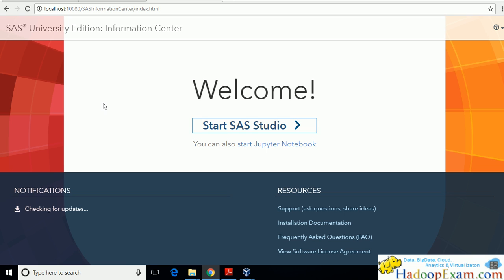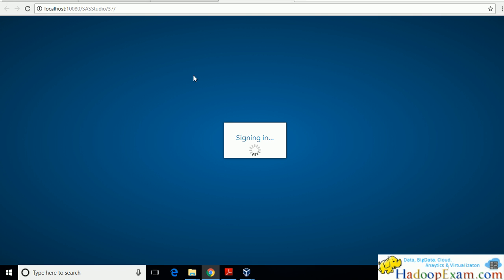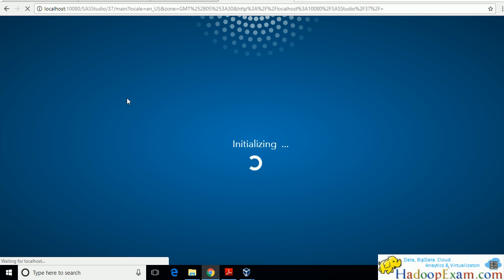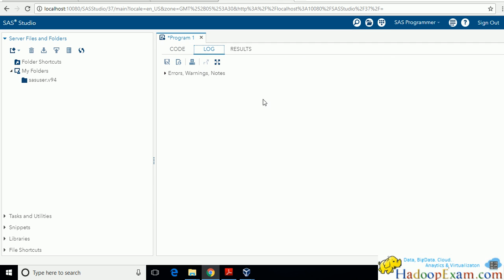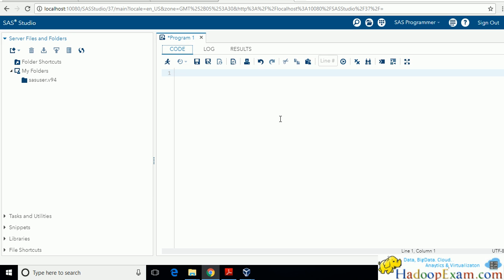This should be available on the localhost if we click on this. Now you click the SAS Studio here, and it will start the studio. We'll go through the basic programming and the basic understanding of how SAS works, which is a very important session. Now you can see the SAS window is open. There are various windows, and you will be writing your code over here. This is the editable window. Whatever code you run, the log will be produced over here, and results you can see here. We'll do the hands-on, then you will get to know exactly.